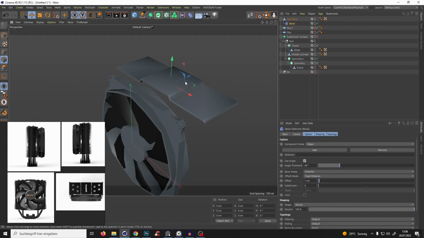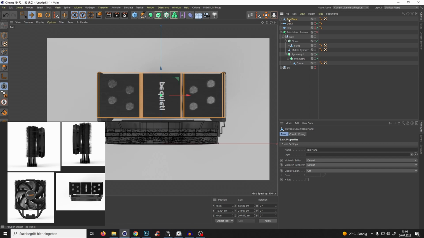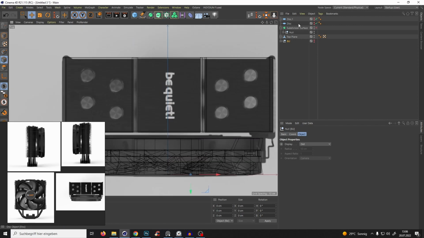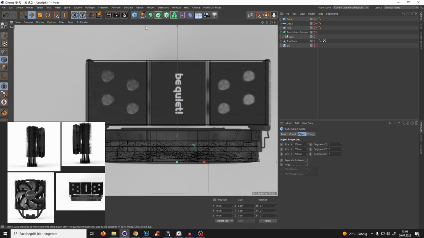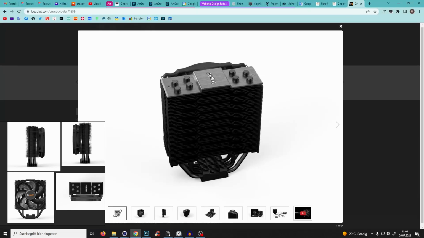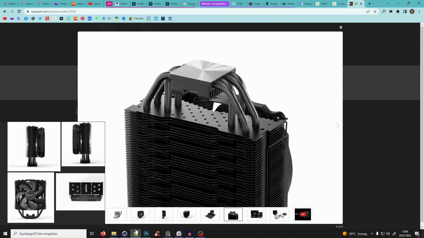we go again to the top view, disable our plane, can bring it just somewhere down here, and just deselect it. Oh no, let's actually create another plane which has the same size of our top plane here, with model mode, just something like that. Let's give it a little bit of a shape. Let's see how it looks. Yes, oh, that's cool. Yeah, something like